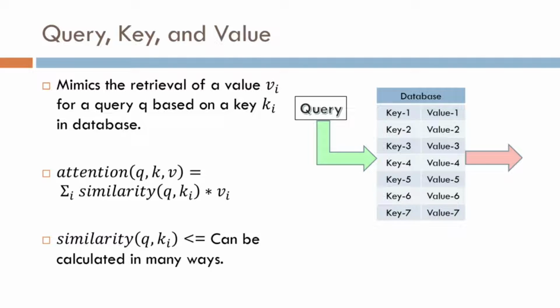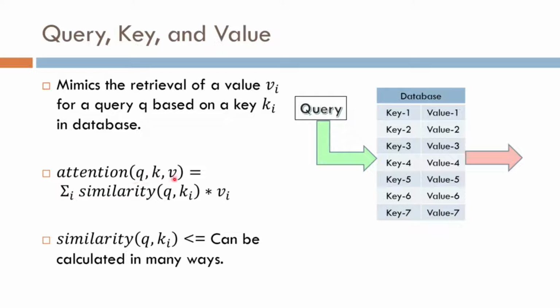When we fire a query, the query is first matched against the keys present. When we match the query with the key, what we get is the similarity score between query and key. Based on this, we find the corresponding values. Whichever keys have a high similarity score with the query are selected to retrieve the corresponding values. Similarly, here we achieve the concept of attention through similarity between query and key, and then whatever the similarity score, we multiply the value